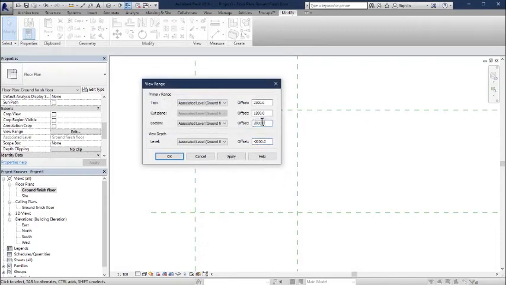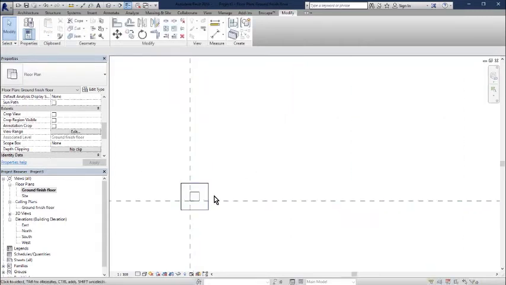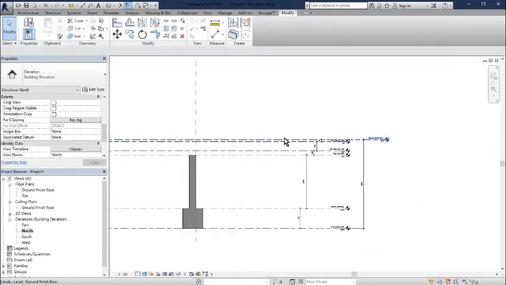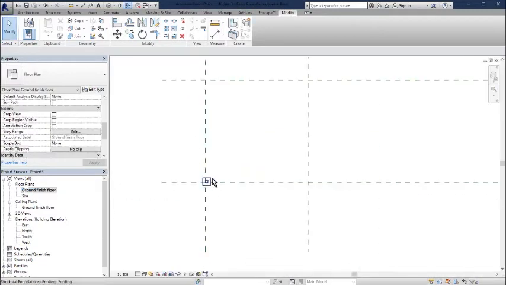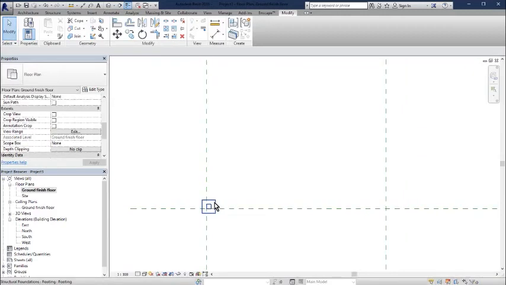There we go. So now notice that you see the footing because you're now able to see 2000 millimeters below our ground plane, right? Okay, so now what we're going to do is we're going to put in that member